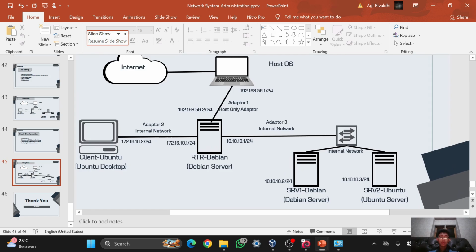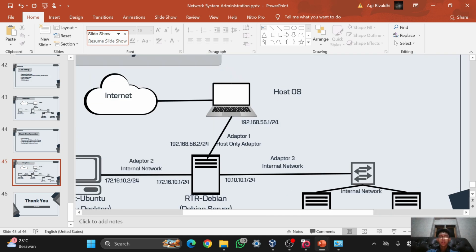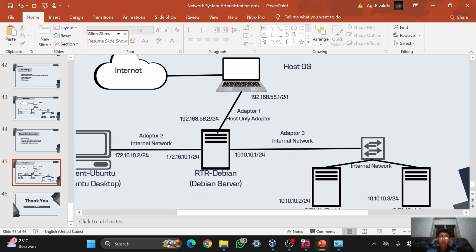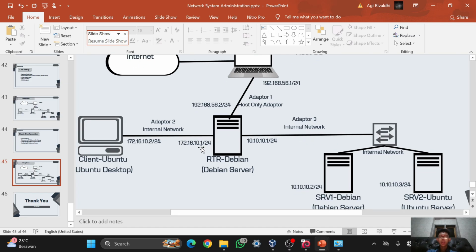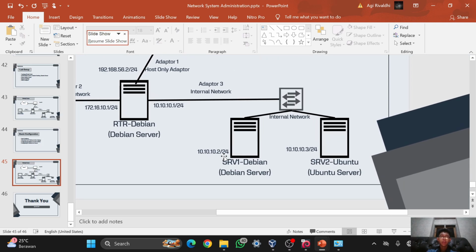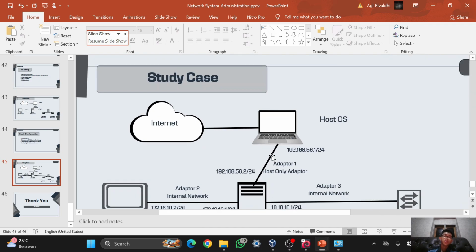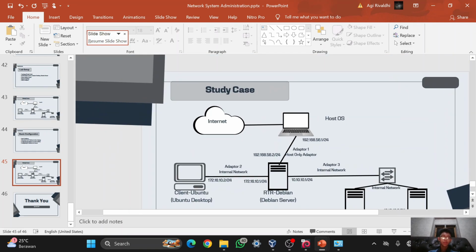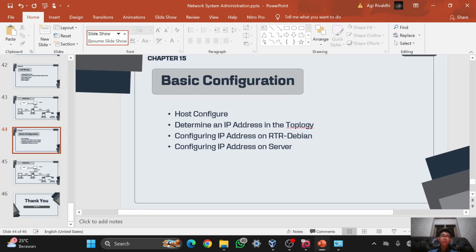This is the IP address that I will use in this topology, which is this one on the host OS and this one for adapter one, which is the IP from router Debian that connects to the host OS, and this is the IP that connects to the client Ubuntu, and this is the IP that connects to the internal network that has 2 servers in it. So that is determining an IP address in the topology.